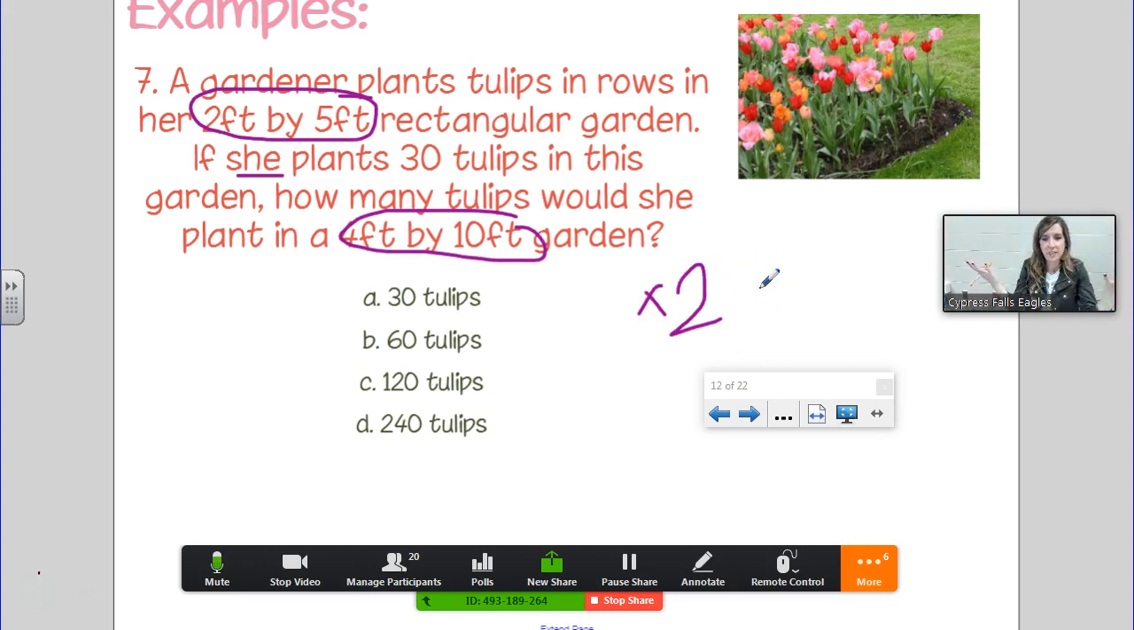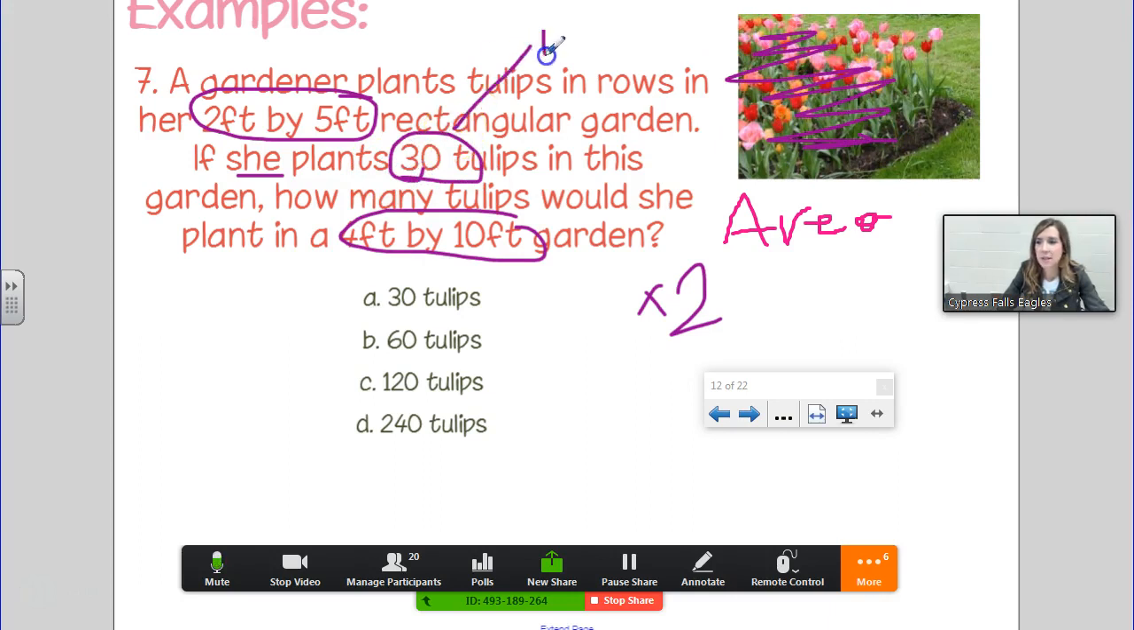But what does 30 represent? We're planting tulips, guys. So is it an area or a perimeter? Area. Yeah. Look, she's filling it all in. The 30 is not one-dimensional. The 30 is two-dimensional because it's the area of the garden, not the edge of the garden. So I'm not going to do 30 times 2. I'm going to do 30 times